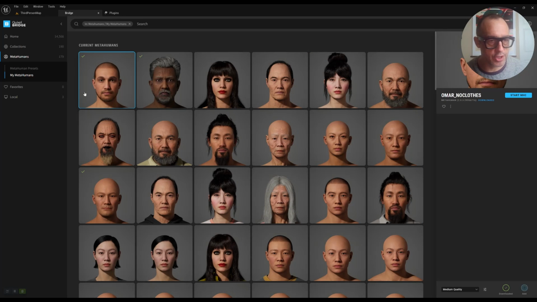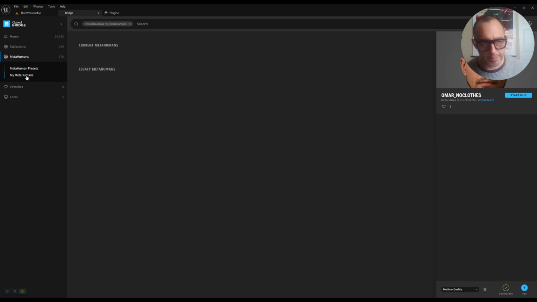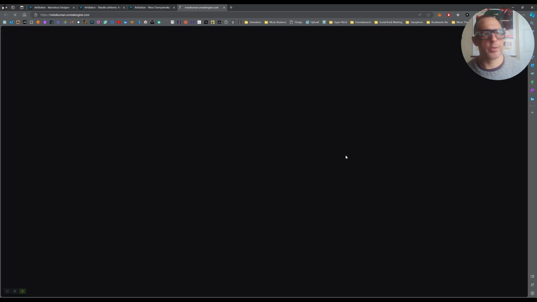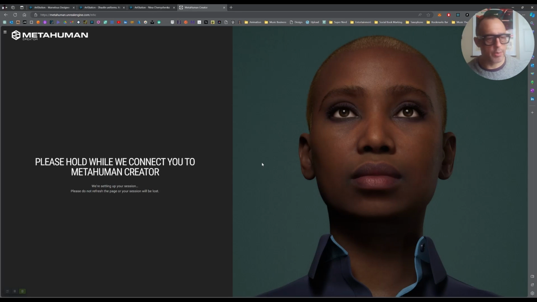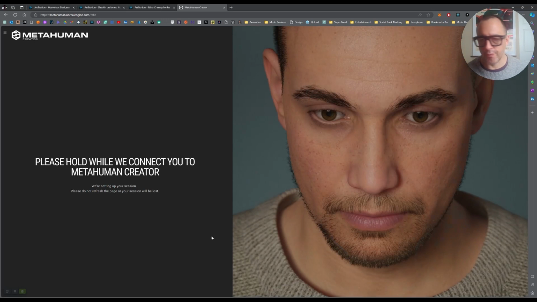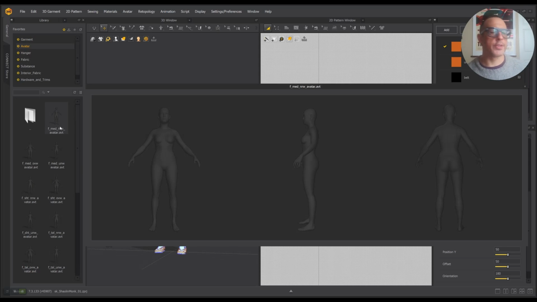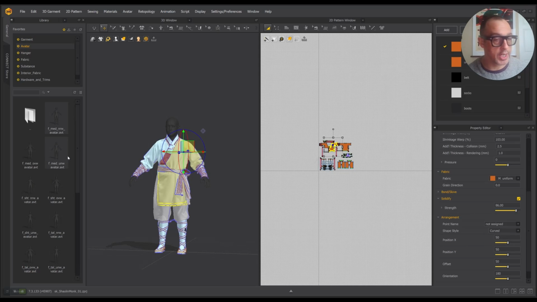Go over to the bridge, and you're going to need to go to the Metahuman presets. So I'll go to Start Metahuman Creator, and we'll launch it with the latest version. One of the reasons to use the avatar targeter, retargeter, Marvelous Designer suggests that we should have a rig